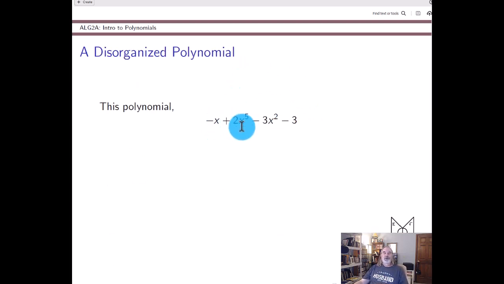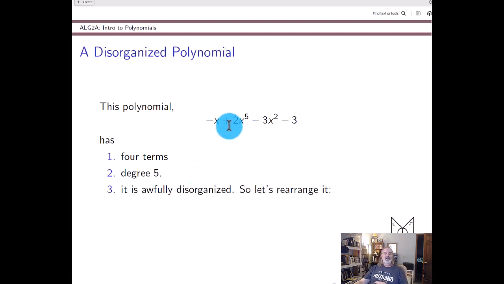So here's a polynomial that's fairly disorganized. This should bug you already. Okay, so first of all, we can say there's 1, 2, 3, 4 terms altogether. Looking through the terms to spot the term that shows us the highest power of x, currently it's the second one. The power of x is 5, so this polynomial is degree 5, but it is disorganized, so we're going to